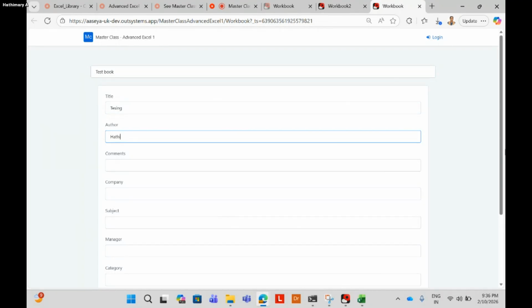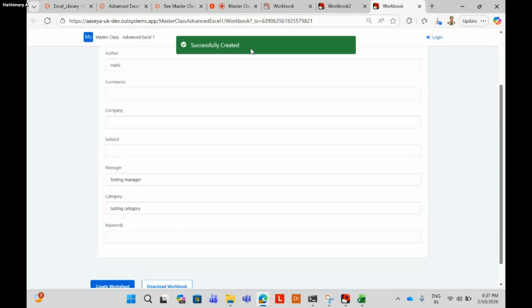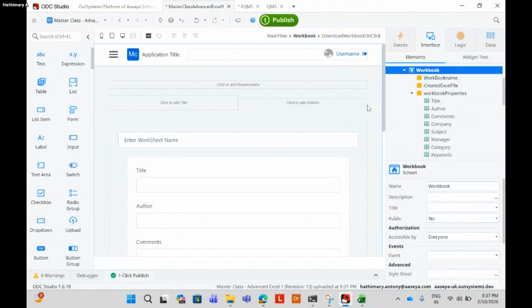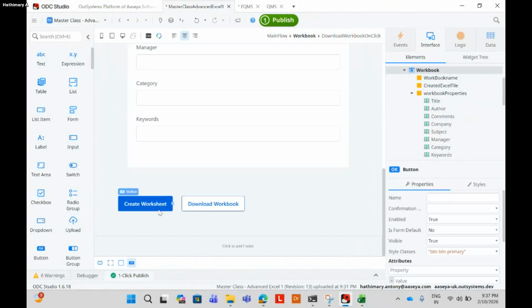Then category and manager I'm assigning: testing manager, testing category. For now I'm putting this information. We will see how the properties of the Excel sheet are coming. So I'm just creating the worksheet. I'm showing the message successfully created, and the value will be saved in a local variable, created Excel file, right? So there it will be saved.